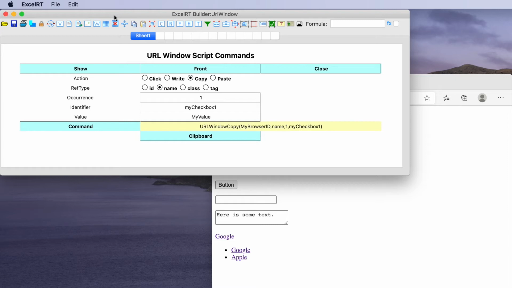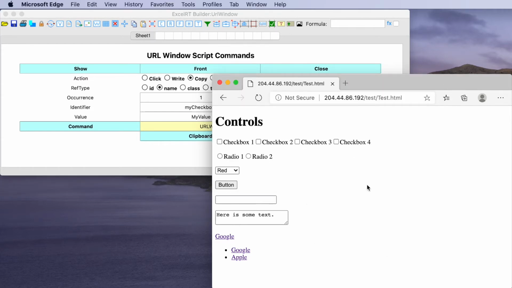This video demonstrates how an ExcelRT app can interact with controls on a web page using script commands. This is the web page we'll be using, and you see we have various controls. The idea is we want to allow script commands within our app to set checkboxes, radio buttons, make selections, click